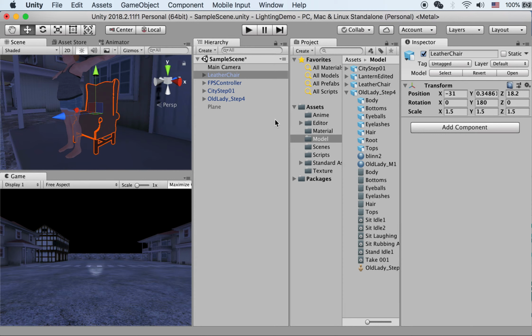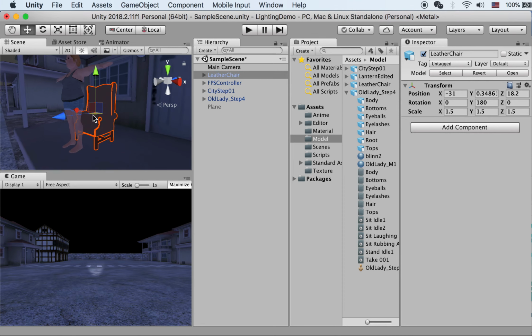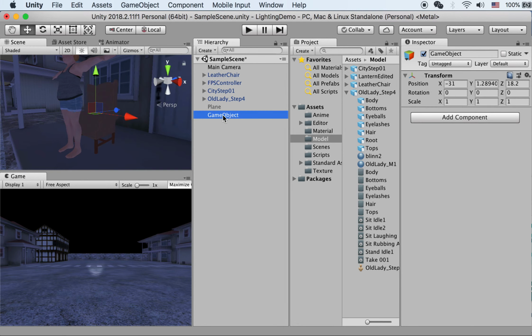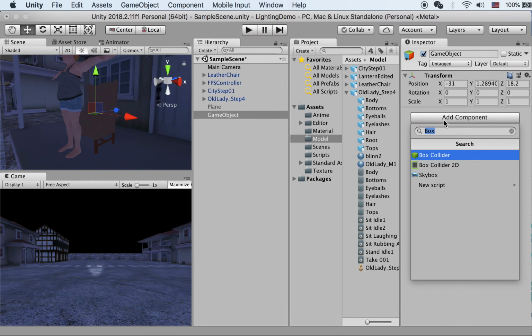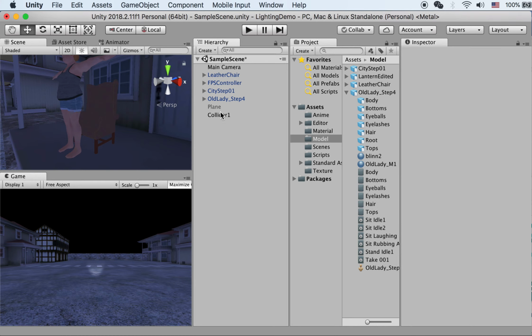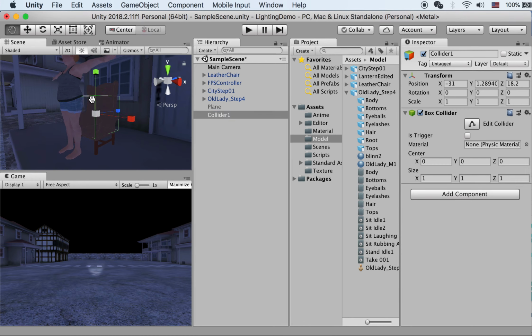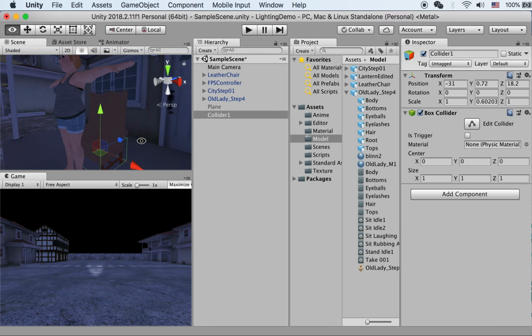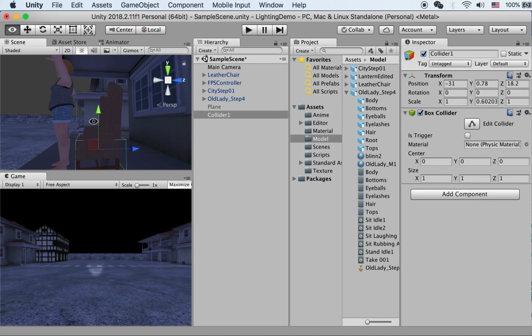Another way you can do it is select the nether chair, hit the F key to focus a view on it, and then create an empty object. So for this empty object, you can add your box collider, and then you can rename it as, let's see, collider 1, and then we can just press the R key for scale. It could be much easier, right? I always do it in this way,